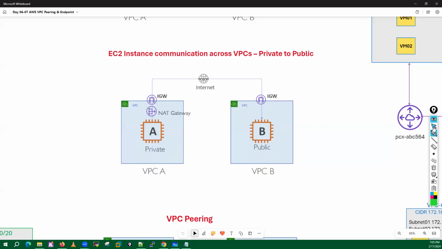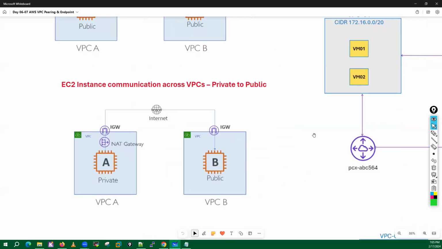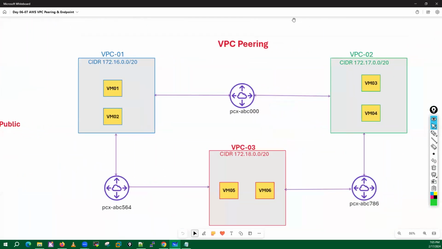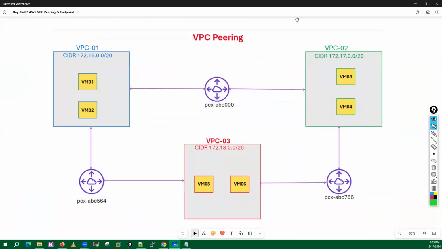But guys, AWS has one feature called the VPC peering feature. With the help of VPC peering, let's take an example. I have a VPC 1 and a VPC 2, and in these I have VM1 and VM2, and here I also have VM3 and VM4.